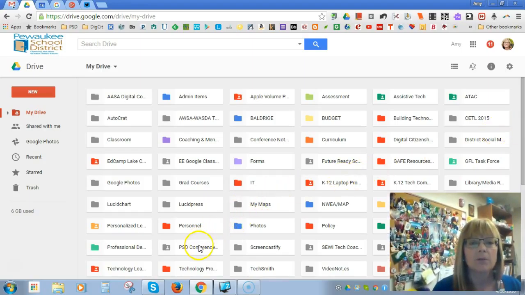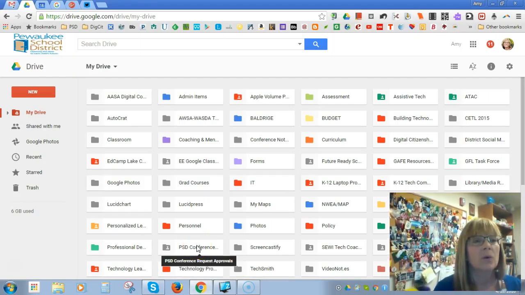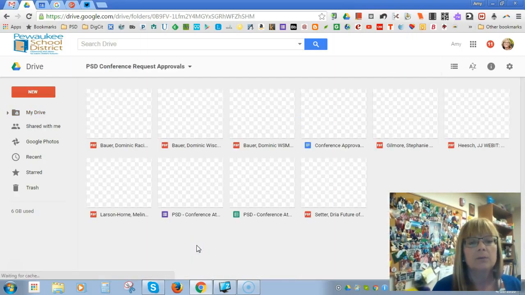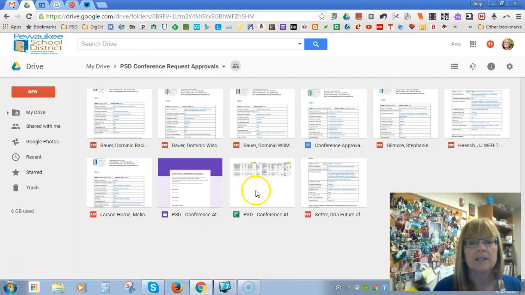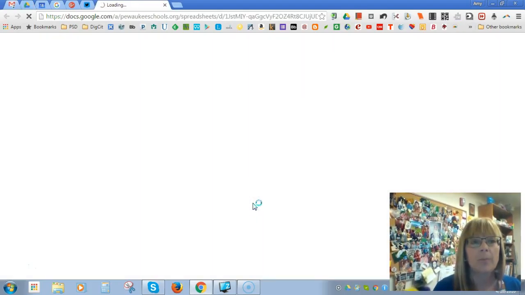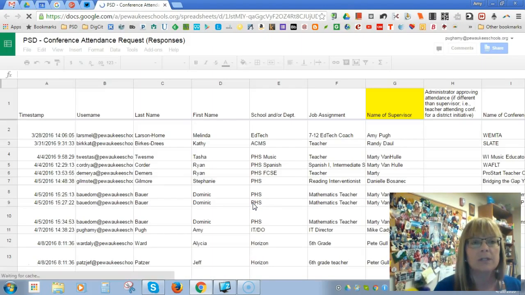I've shared a folder with you called PSD Conference Request Approvals. It should be in your Shared with Me. You can move it to your drive. If you double click and then open that, there is a spreadsheet called PSD Conference Attendance Request (responses). You need to open up that Google spreadsheet. And the first thing that you need to do is to make sure that you have